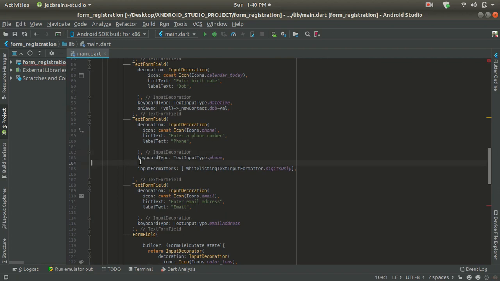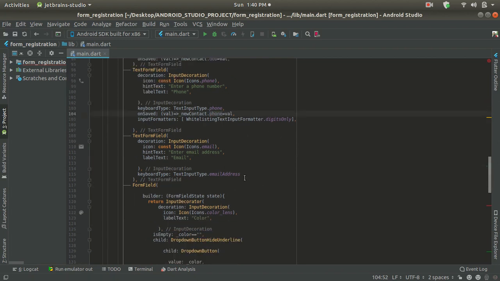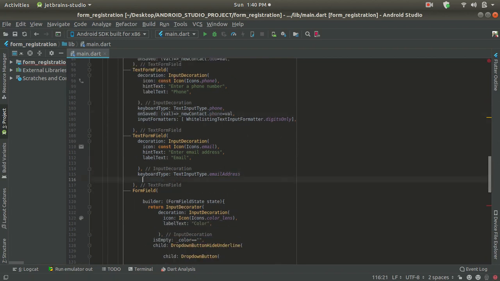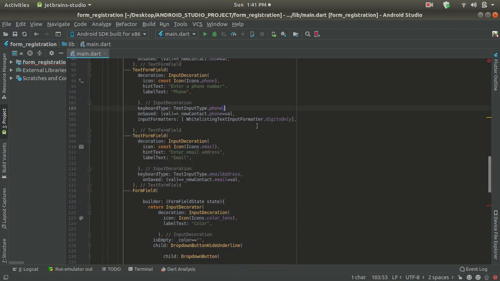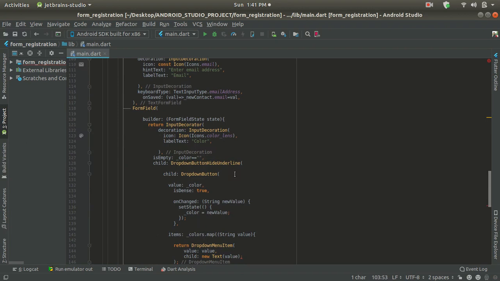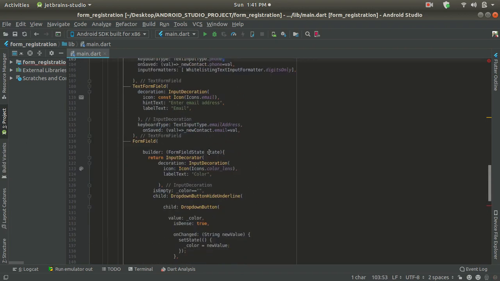Now inside this next parameter, just provide another one, and this is the phone number. And inside this is our email. So I'm changing from name to email. And this onSaved method is throwing an error because we do not put any comma over here, so just put one comma everywhere. Now all the errors will be resolved, but we have one special requirement over here,